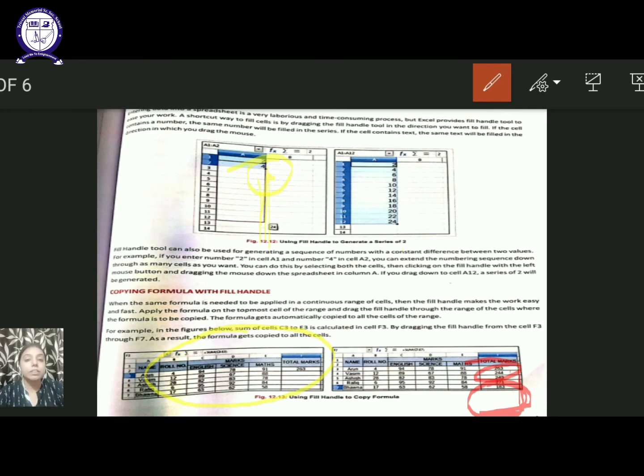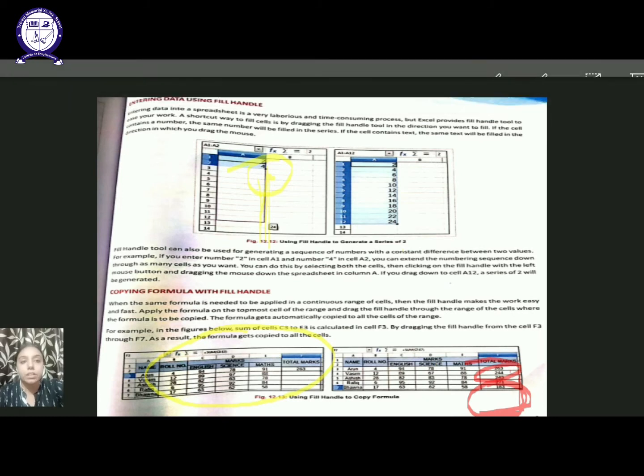After that, the next topic was copying the formula, that is, we can copy the single values as well as the formulas in Excel. That is, if we have taken the sum formula once, we can take the same sum formula or the average formula or any other formula by copying it to other cells using the fill handle options. I hope now this session is clear to you. Let us move on to the question answers of this session.